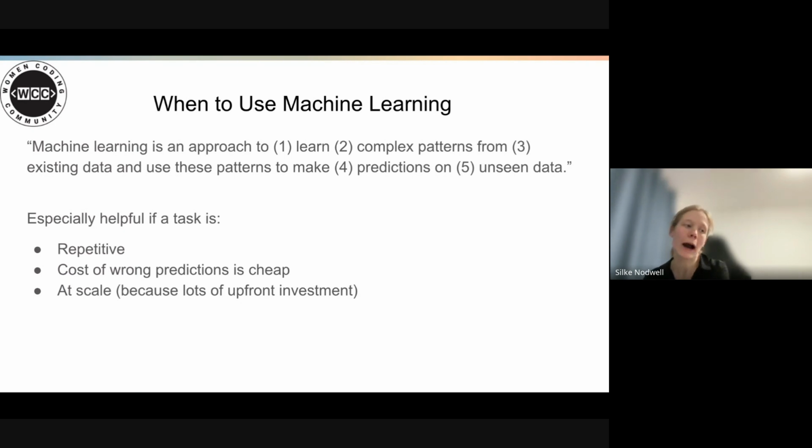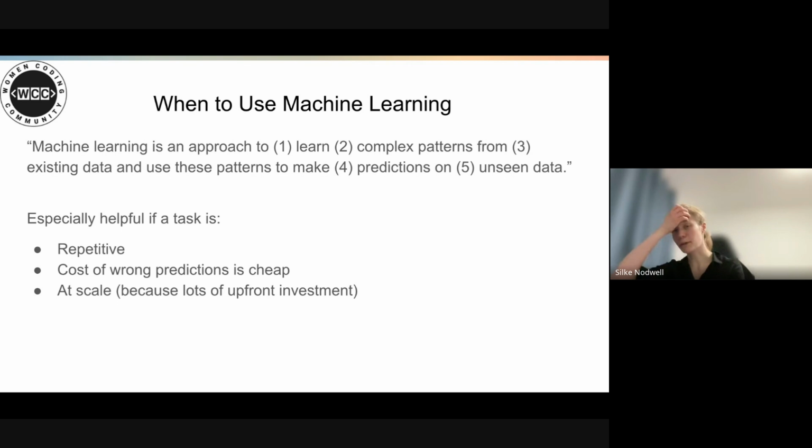And generally more helpful when they're complex patterns, but there does have to be something to learn, so it can't just be completely random. There's no point in building a machine learning system to predict the roll of a dice. And it does really need typically quite a lot of data. There are topics such as few-shot learning and zero-shot learning, which we'll maybe discuss as well. Can you build a machine learning system that will learn with very few examples? That tends to be quite tricky to do.